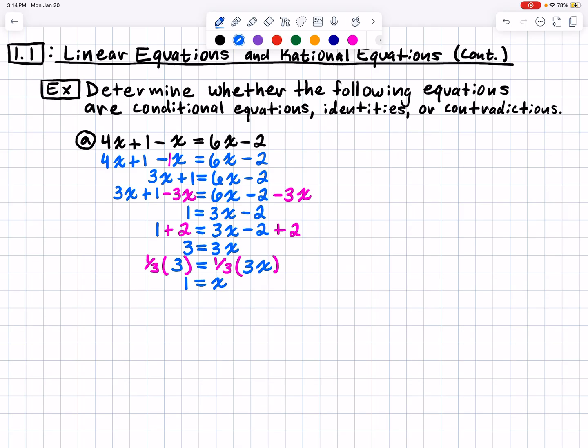Now this is not what the question was asking, right? The question was asking us if this would be a conditional equation, identity, or contradiction. And if you remember from our definitions the other day, this would end up being a conditional equation since it has a definitive answer, x equals 1. So our answer is going to be conditional equation,